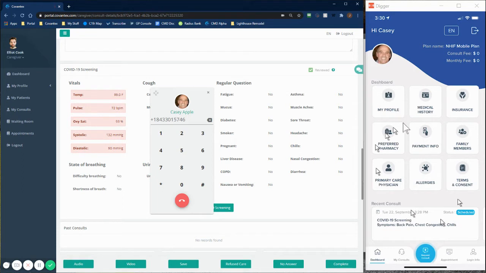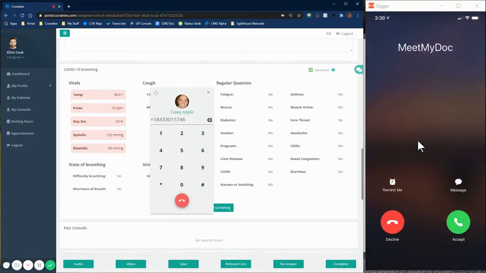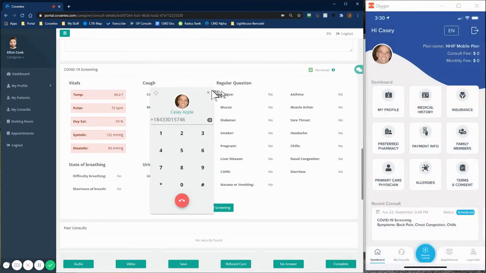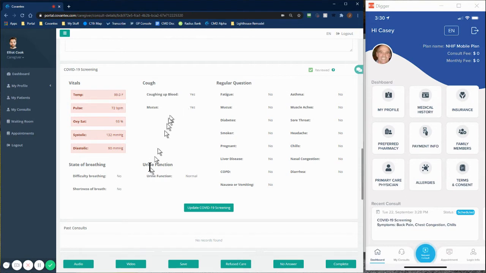It's going to pop up over here. You'll see the call here in just a second. But there it is. And you can set up a caller ID, etc. I'm going to decline that. Goes to voicemail. And then for video,